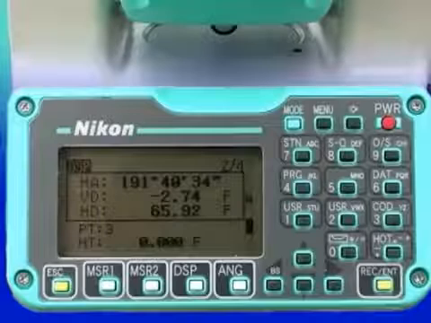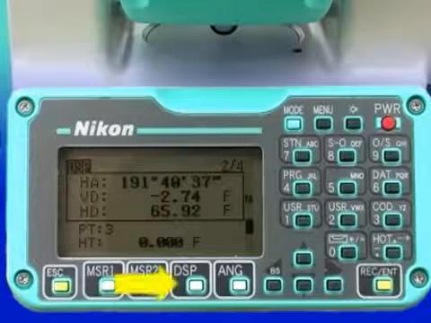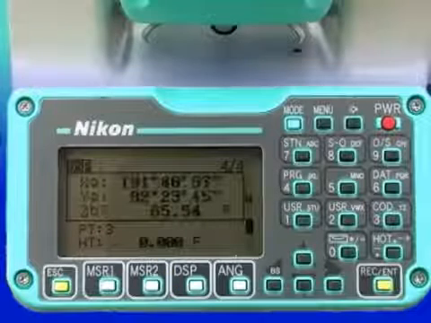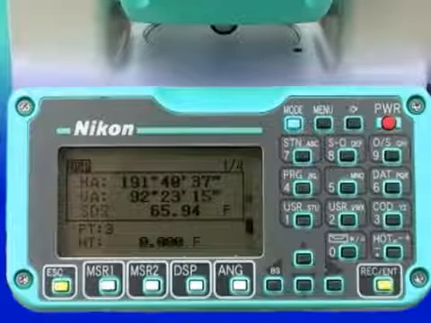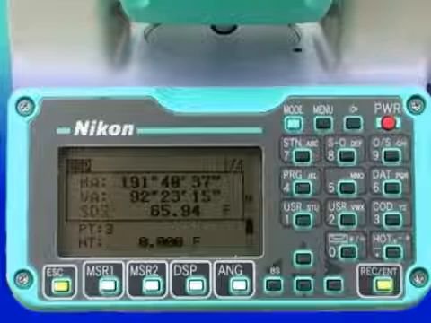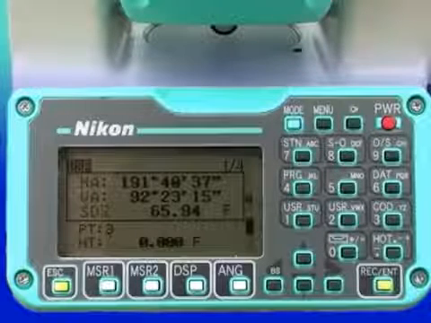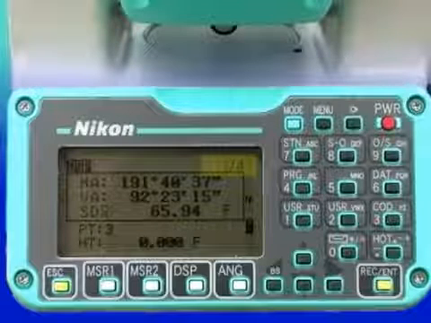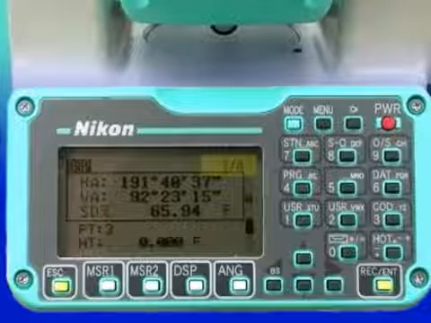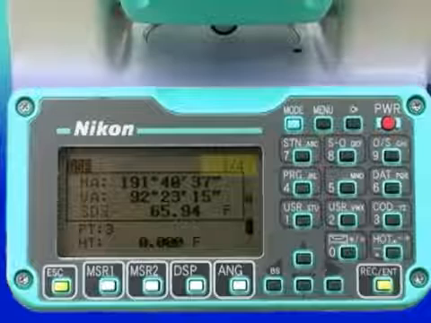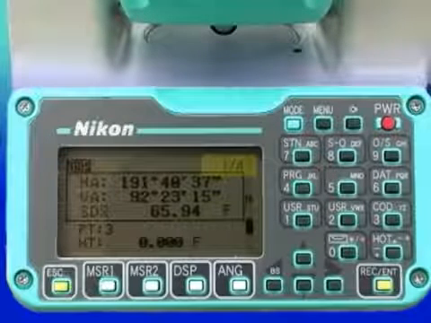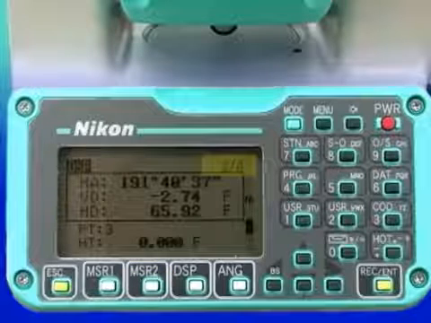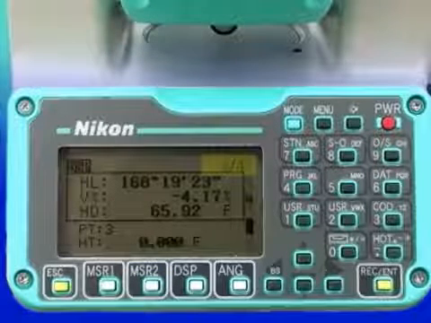There are 4 BMS screens which are viewed in order by pressing the display key repeatedly. If the instrument is only going to be used as a theodolite, only the first screen is needed. Located on the upper right-hand corner of the screen is a screen indicator showing one of 4 screens. That is the first screen. The other 3 displays are shown as follows by pressing the display key: 2 of 4, 3 of 4, and